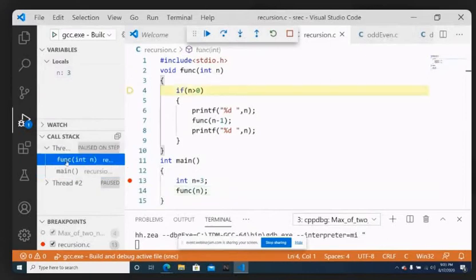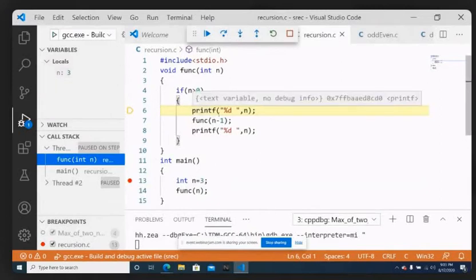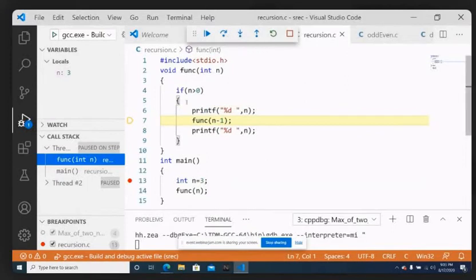Now coming to the func activation record, we have to execute line by line. Coming to the 4th line, n greater than 0: 3 greater than 0, condition true, so I enter inside. Now what is the first line? printf. What is the present value of n? 3. So 3 will get printed, and then you have a recursive call. When you call this recursively, you go to the first line of the function again, but one more activation record will be created for this new call. Let us see that.